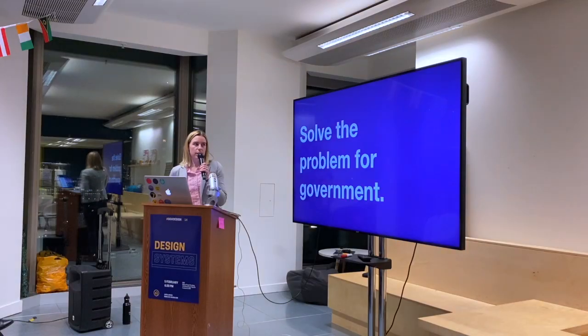And the other benefit is we could potentially solve the problem for government. So if we are able to make any of these changes, or if any of these hypotheses work, and we can iterate and improve on these things to make it clearer, to reduce the confusion, to empower people or get people more involved, we can actually lead the way for other departments, so then they don't have to try and figure these things out independently. Like I said, there's a lot of design systems at the moment across government. So we need someone to try and make these changes, to try and iteratively improve it, and then communicate that with the other departments to get on track for everyone.